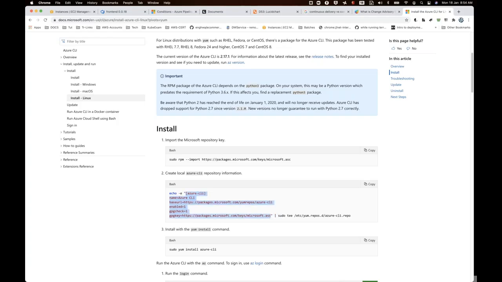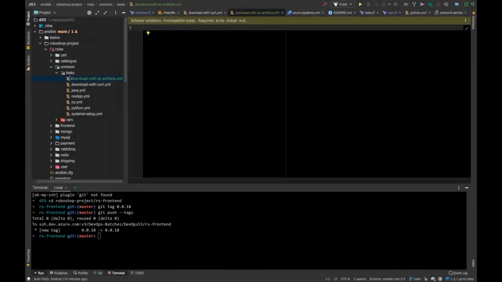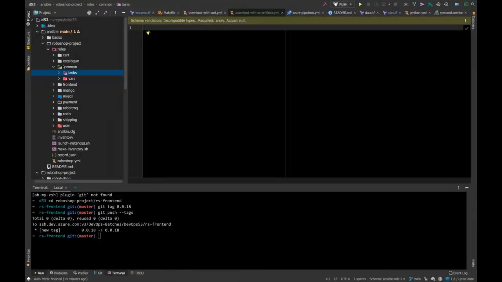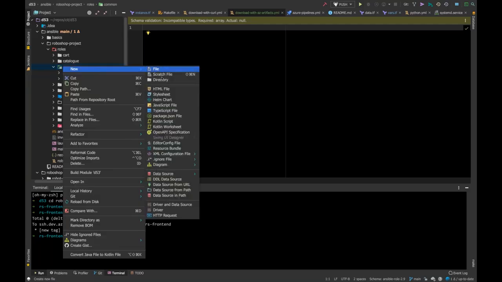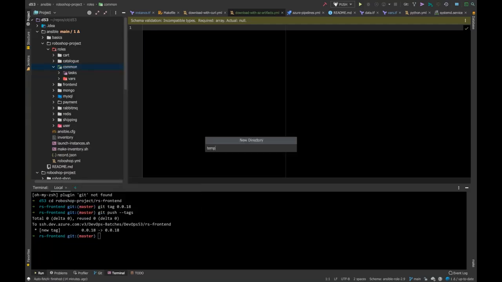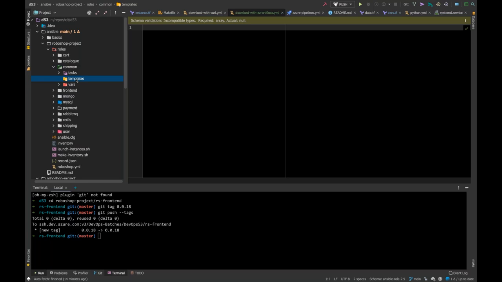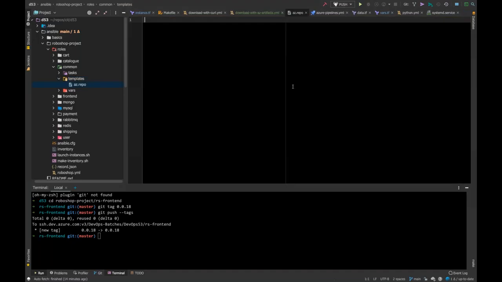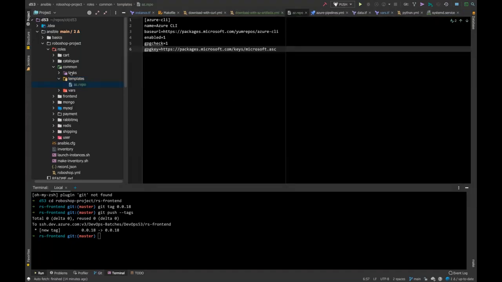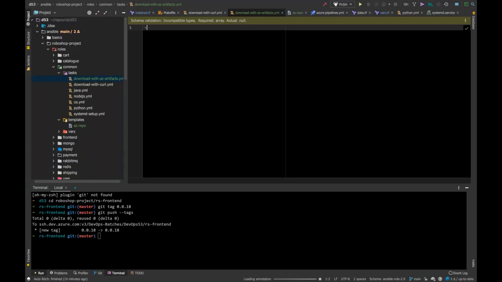So I'll take this, and common doesn't have any files or templates. I'll create a new directory called templates, and a new file, azure.repo, and put this in.